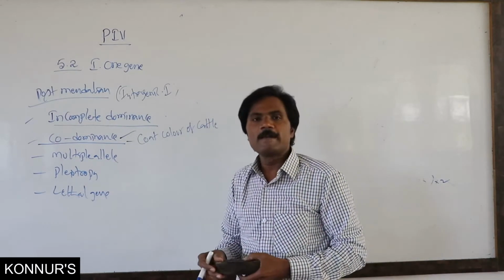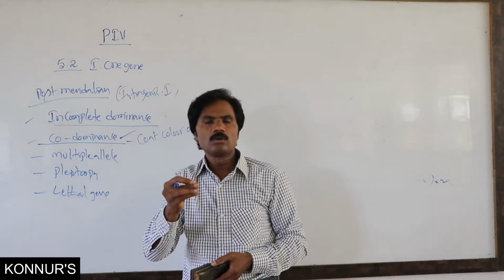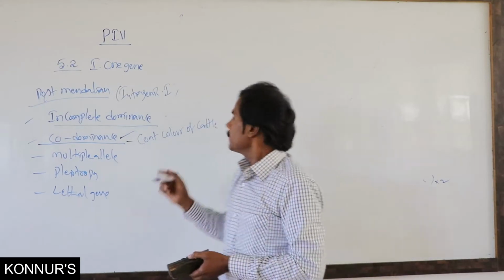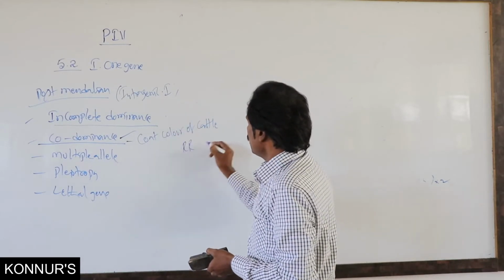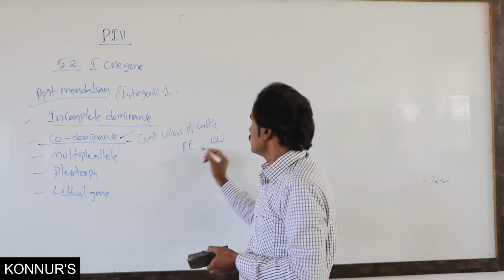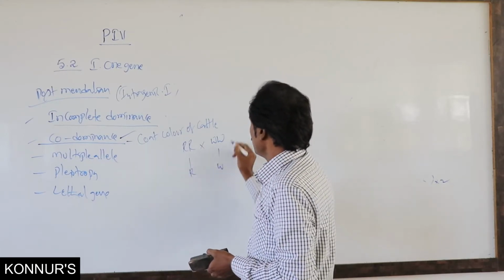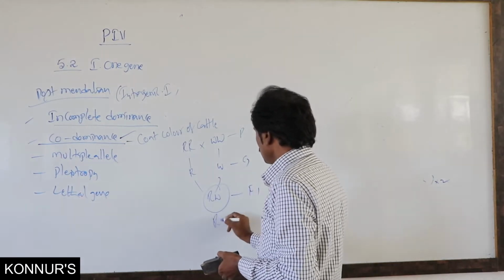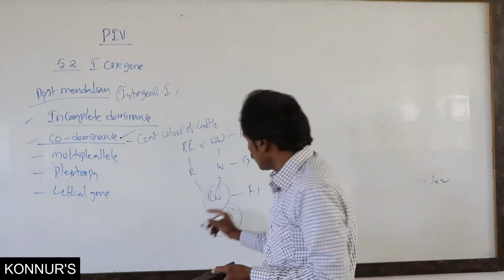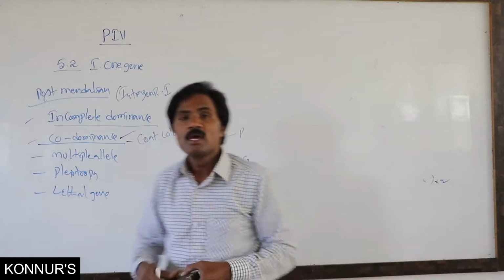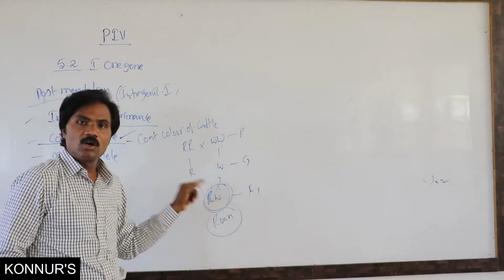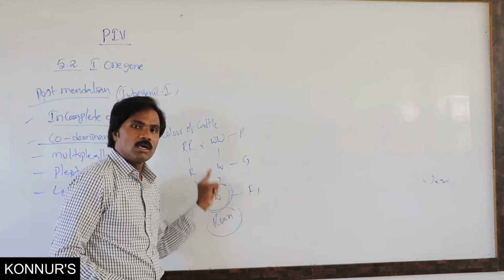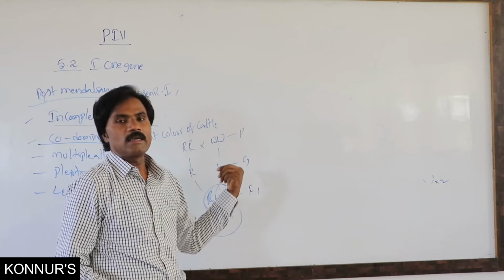In coat color of cattle, like cow, sheep, goat, buffalo, ox, all these. In this coat color of the cattle, like red as well as white, like gametes. Here the F1 hybrid will be present, roan color. Here RW is the codominance, neither dominant nor recessive. RW is the roan. That is, the roan color in the coat of this particular cattle indicates codominance.